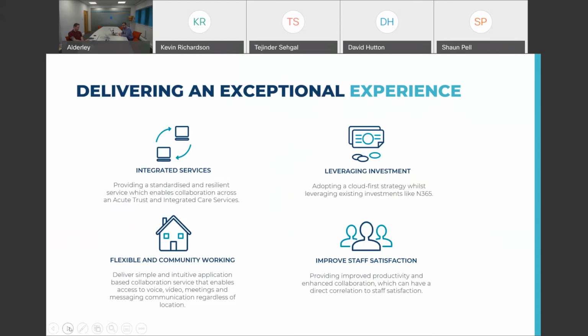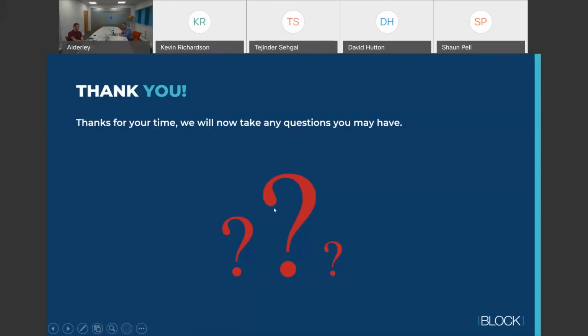So I think we're probably at the point where I'll throw it out there for any questions. In terms of the future of collaboration services, hopefully you can see that we talk about the flex licensing, what that can mean, and how you migrate to it, but also opening that wider conversation around what your organisation wants to achieve from collaboration services, and making sure that as you move to the new licensing model, it really is aligned to what you want to do. If there are any questions on that, please feel free to ask them now, or we can work on a one-to-one basis and go through what your requirements are.